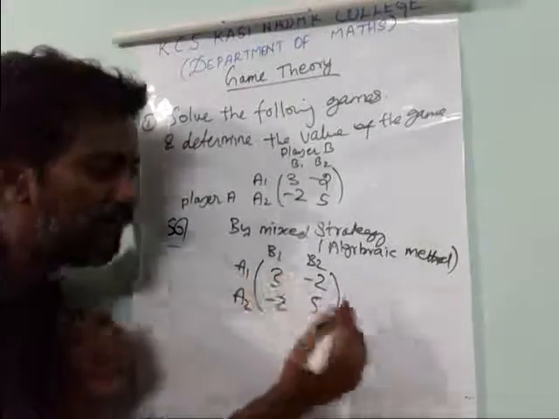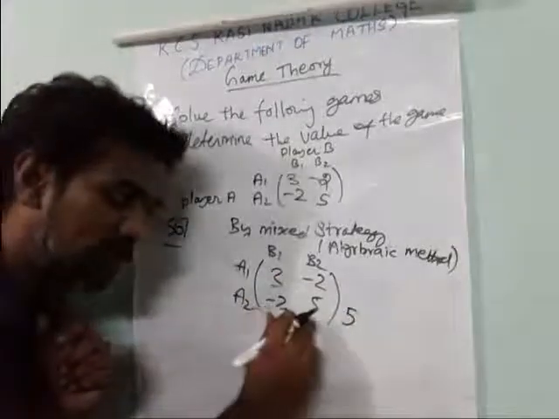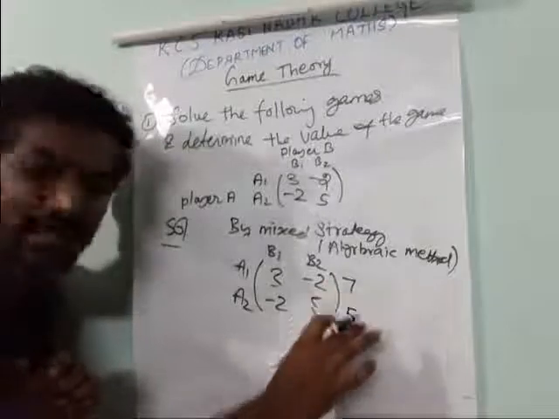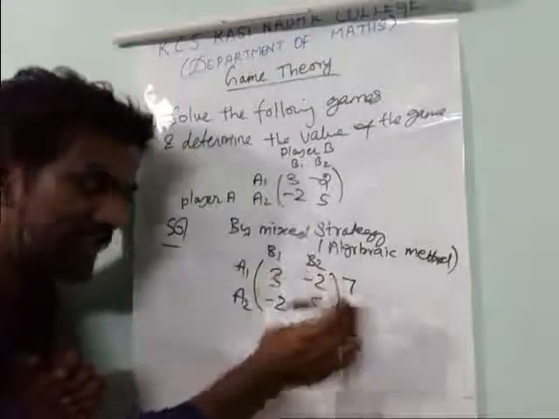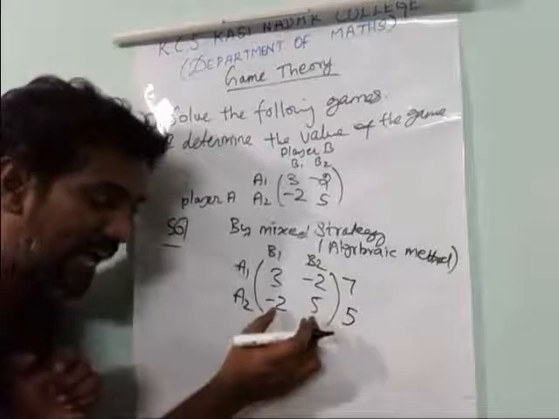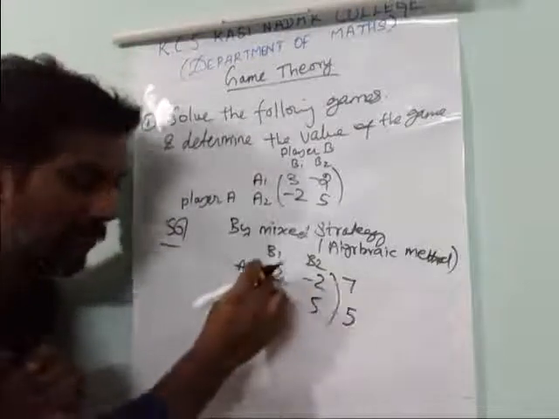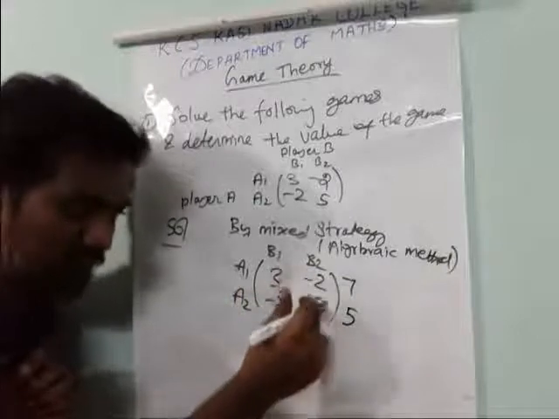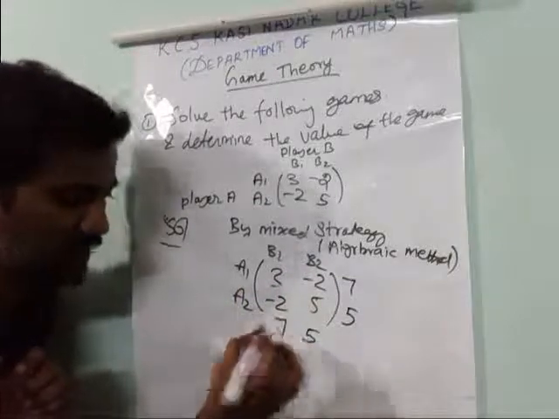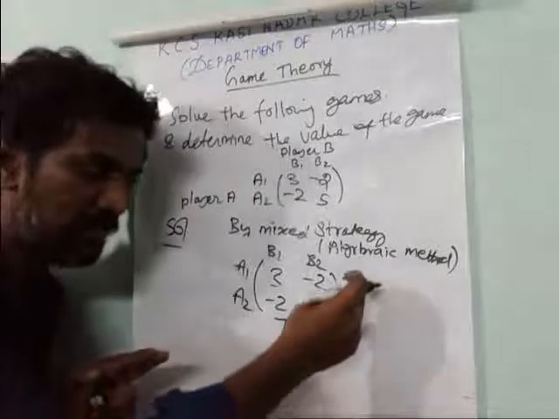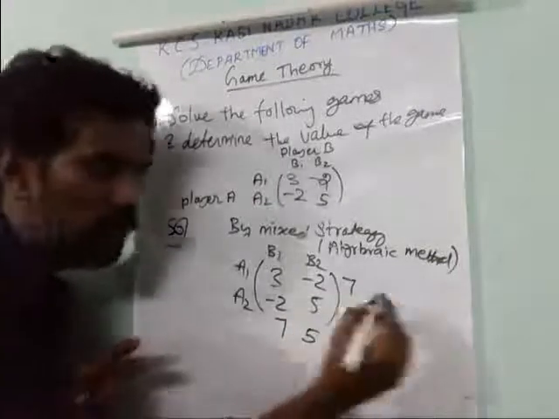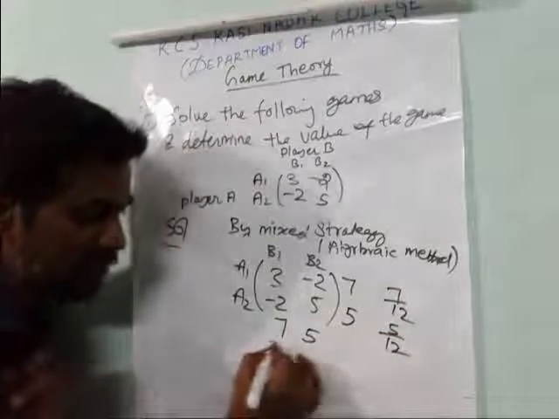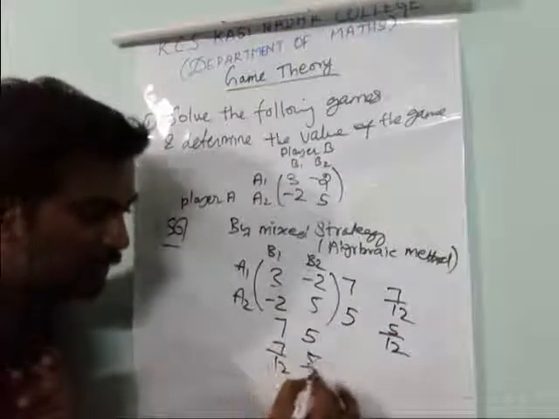Add 3 and 2 to get 5. Write it down. Here also different, just add: 7. So always put the plus sign alone, don't write minus. Different means add, write that number. Again it is different, add this number, write it up. Now come to column-wise. Different sign, add: 5 on the right hand side. Different sign again, add: 7 on the left hand side. Now check the total. Here 12, here also 12, so 7 by the total 12, here 5 by 12, here also 7 by 12, 5 by 12.